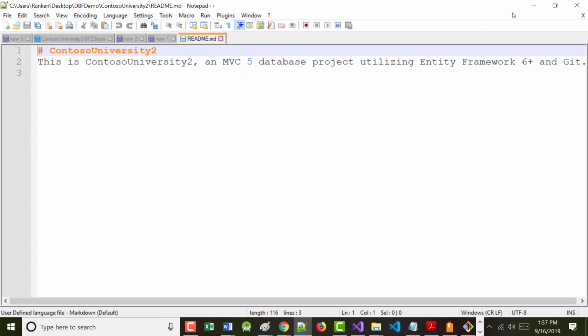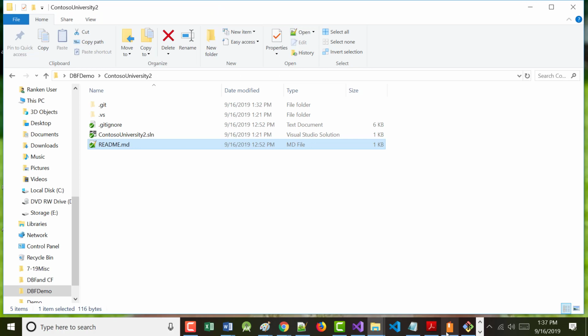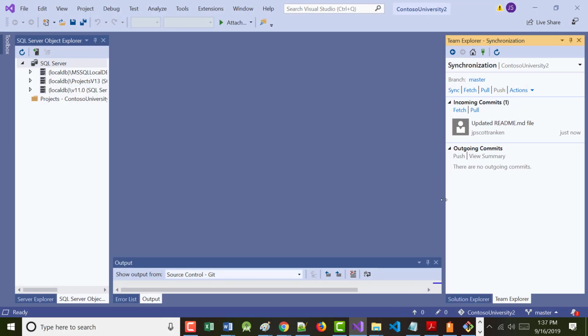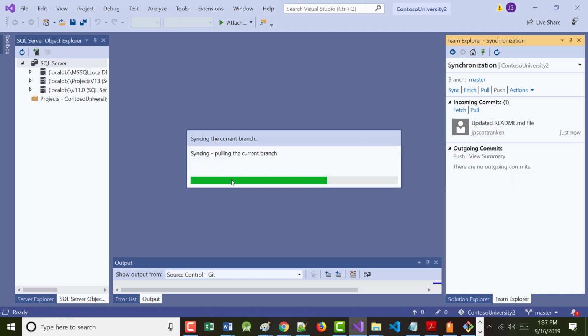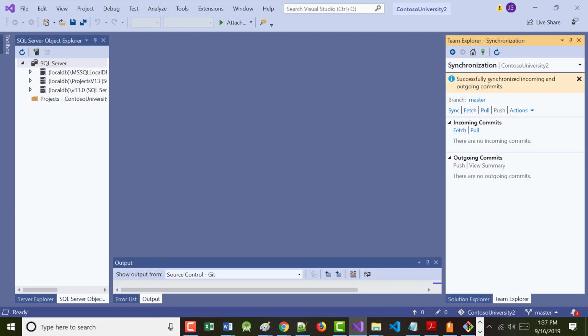Then we'll have to make sure that it is. We have to do a commit, we'll do a commit. All right? It says there are no outgoing. Okay, we got that just now. So I'm going to click sync. It's doing something. Successfully synchronized incoming and outgoing commits.